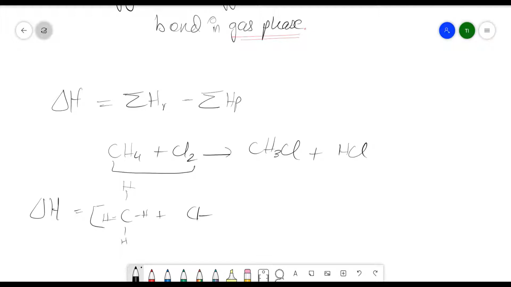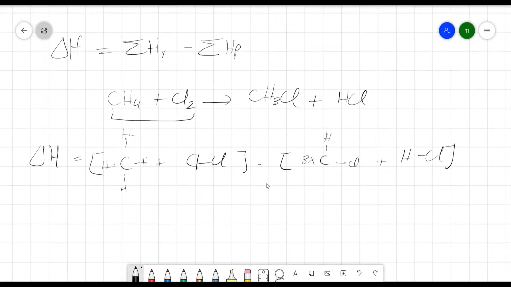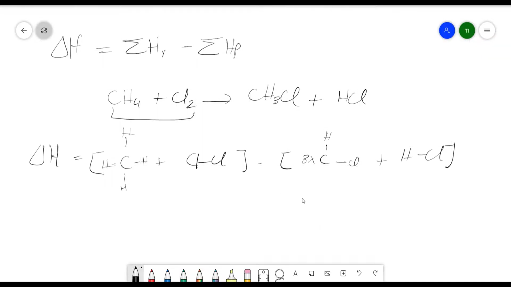Plus Cl-Cl, minus the bond energy 3 times C-H and once C-Cl, plus HCl. Whenever you have calculations involving bond energies, I recommend you draw it out like in this form,